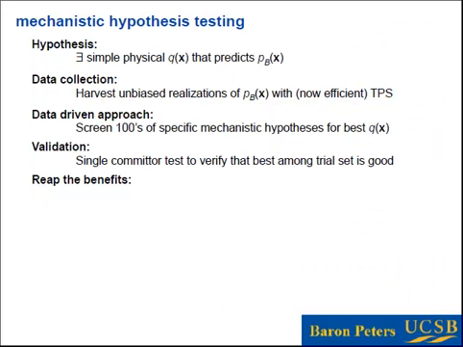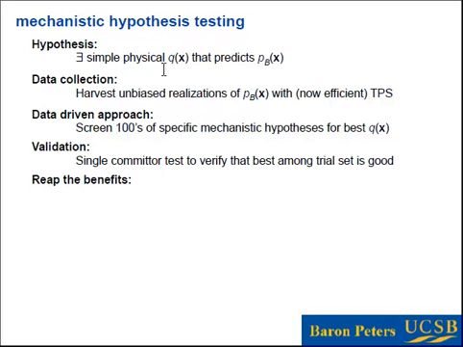And the basic idea behind this approach is this mechanistic hypothesis testing strategy. The overall strategy is that we suppose that there exists a simple physical coordinate Q that would be sufficient to predict the outcome of the committer probability, right? So Q depends on the full atomistic configuration, and so does the committer. But what we're saying is that if we just know the value of this simple coordinate Q, which might be a measure of nucleus size, or maybe a dihedral angle, or maybe some secondary structure for a protein, then that quantity Q should be enough to predict what this committer is going to be. We don't actually need to know where every individual atom is.